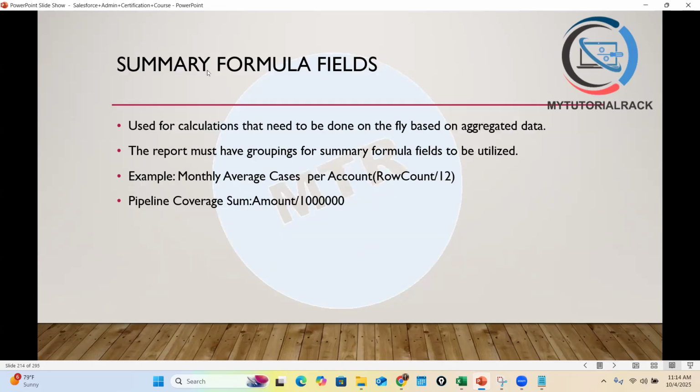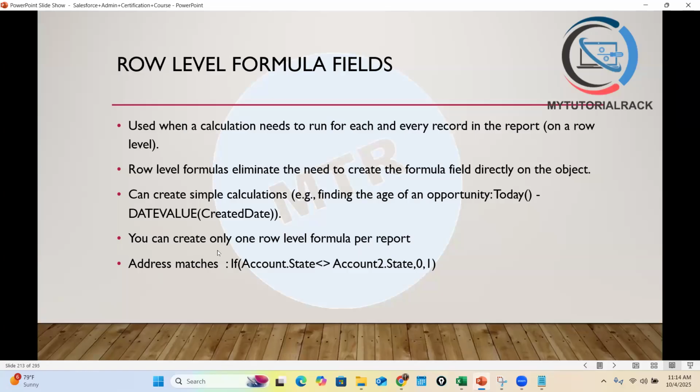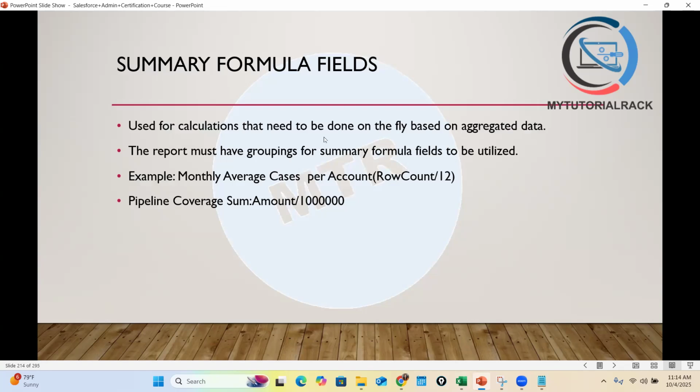The next one you have is the summary formula fields. Summary formula fields are based on aggregated data. You need to have grouping in order to create summary formula fields. And if you remember, you can only create one row level formula per report. Summary is when you have a summary report. The report must have groupings for summary formula fields to be utilized. And here what I'll do is